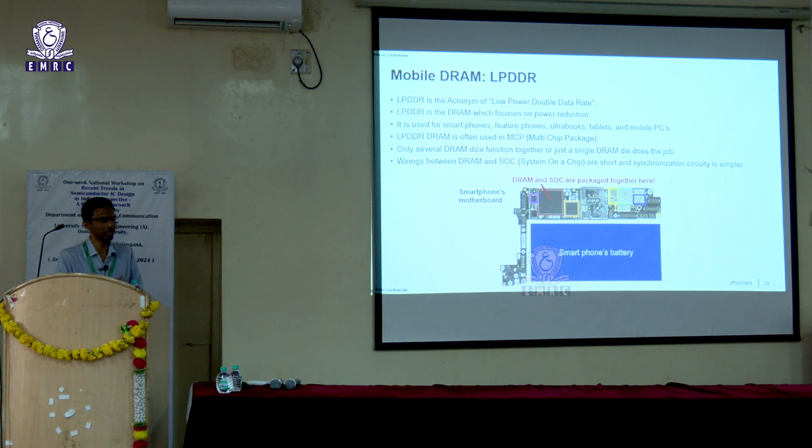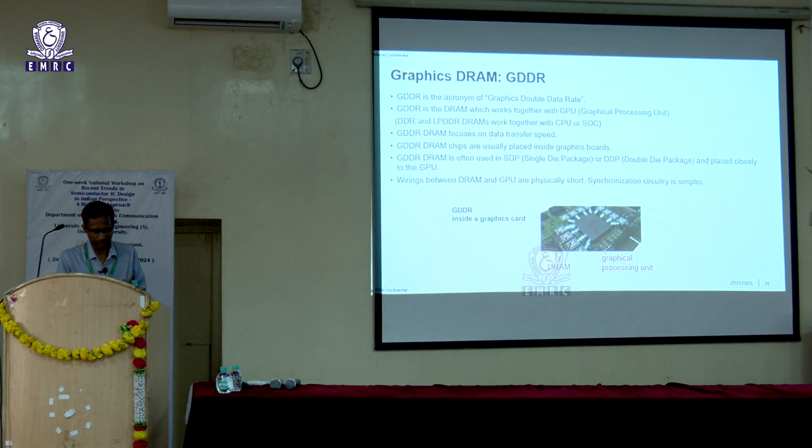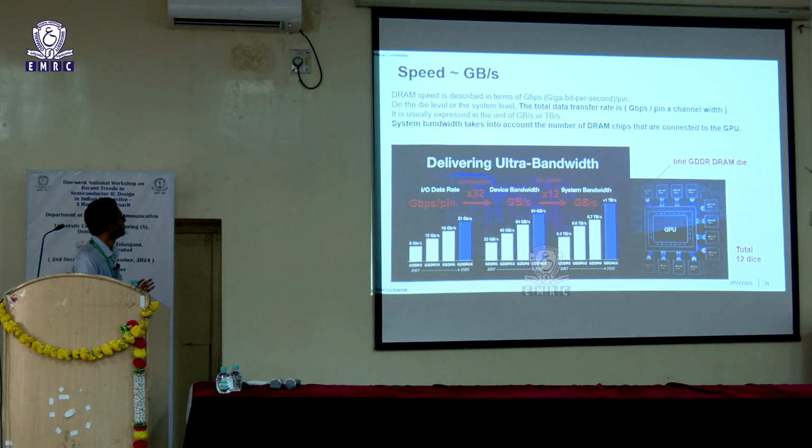So LP DRAM is specifically a low power design technique that we employ in DRAM to ensure that we can sustain that battery life. Graphics is typically used for GPU applications and data center applications, and this also caters to much higher bandwidth than your conventional LPDDR and compute DDR. A slide on the speeds here: you talk about generative AI and the amount of data that we are using. So this gives you a context of the kind of data speeds that we are looking for and the volume of data that we are trying to access.